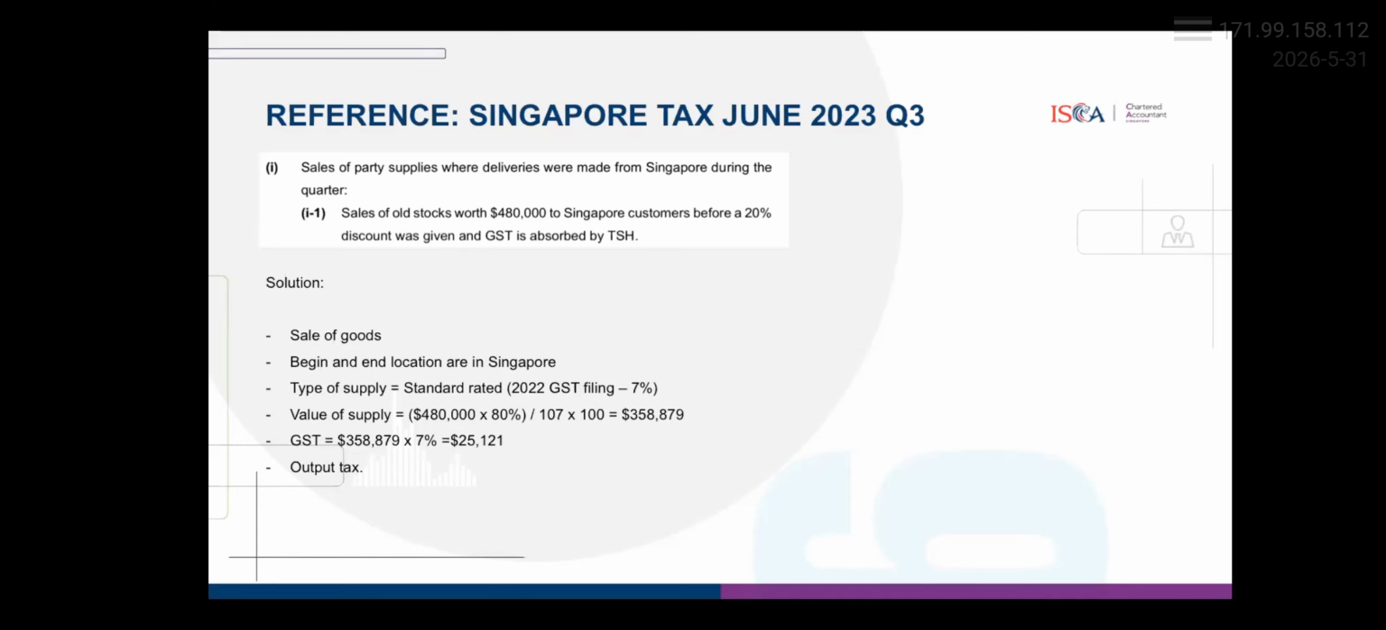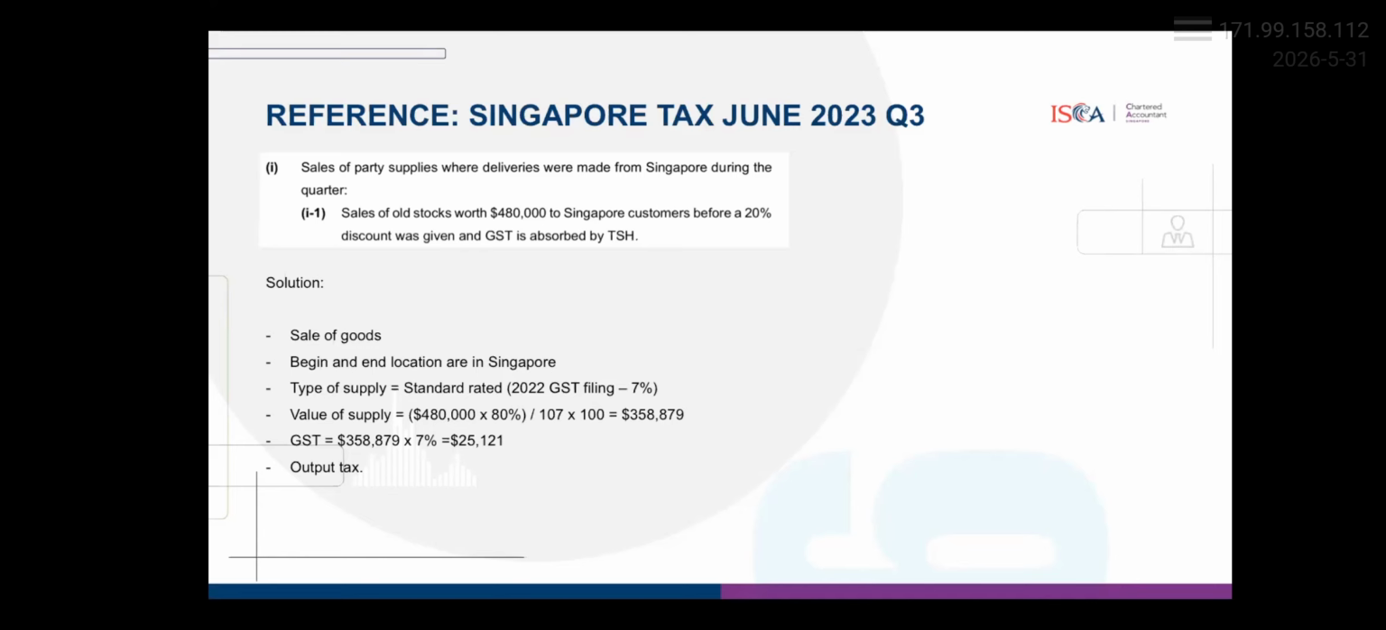Now the value of supply here is the consideration. And the value of supply here is 80% of the 480,000 because we give a 20% discount. And we know that here the GST is absorbed by TSH, which means that 80% of 480,000, that amount represents 107% because TSH absorbed the GST amount. We then have to recalculate the value of supply by dividing the balance by 107 and multiplying it by 100 to find out what is the base value before GST, and that amounts to